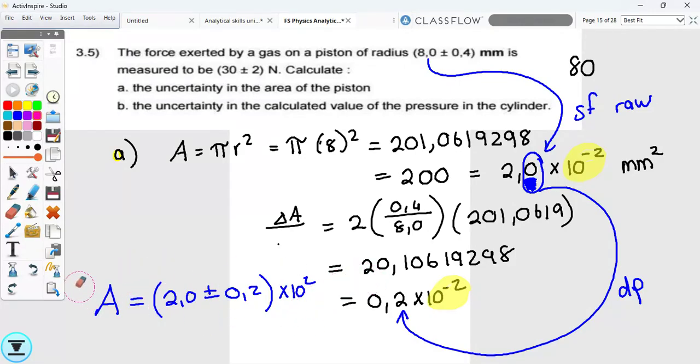And then just remember to, like I've left out here now, add the units, millimeters squared. Okay, must have a unit, otherwise it's wrong. All right, and then